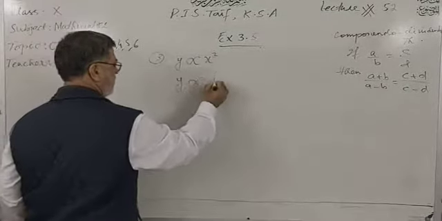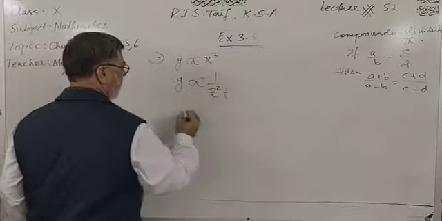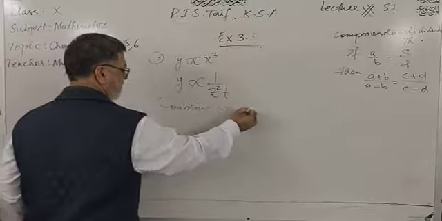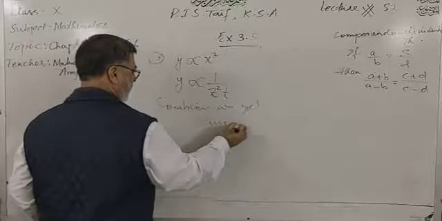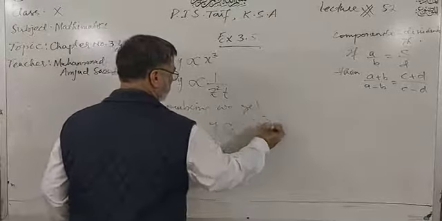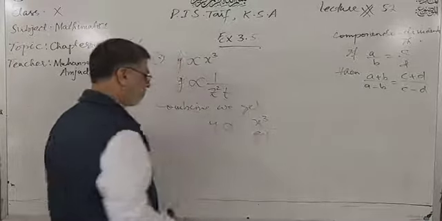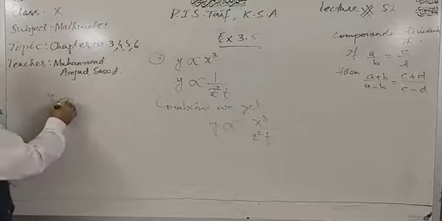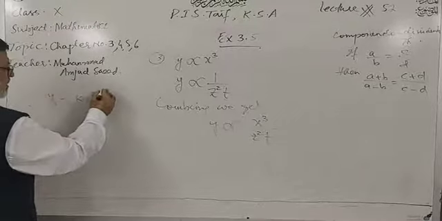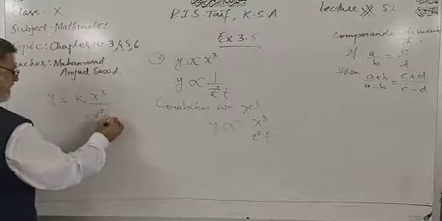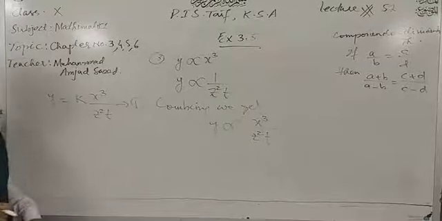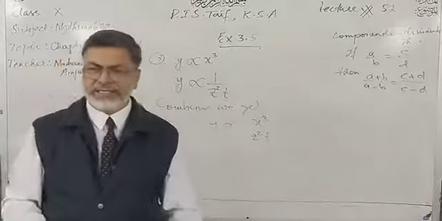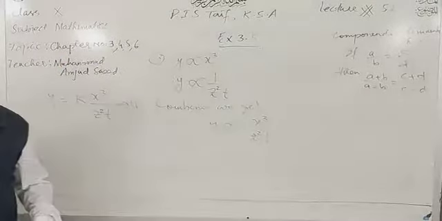Combining, we get y is directly proportional to x cube over z square t. Dear students, y is equal to k x cube over z square t. This is your equation number 1. Use the set of values to find the constant k. Here we will have